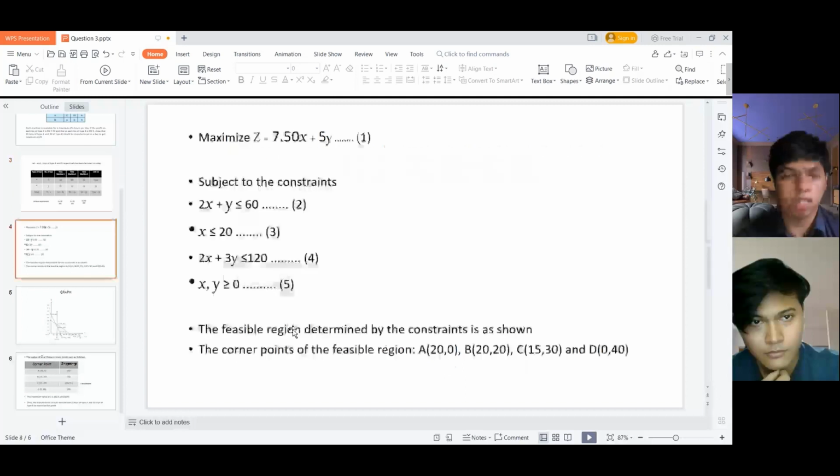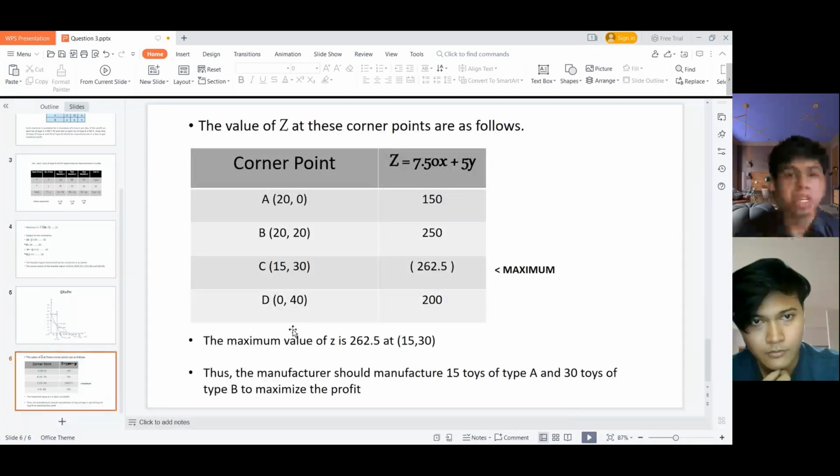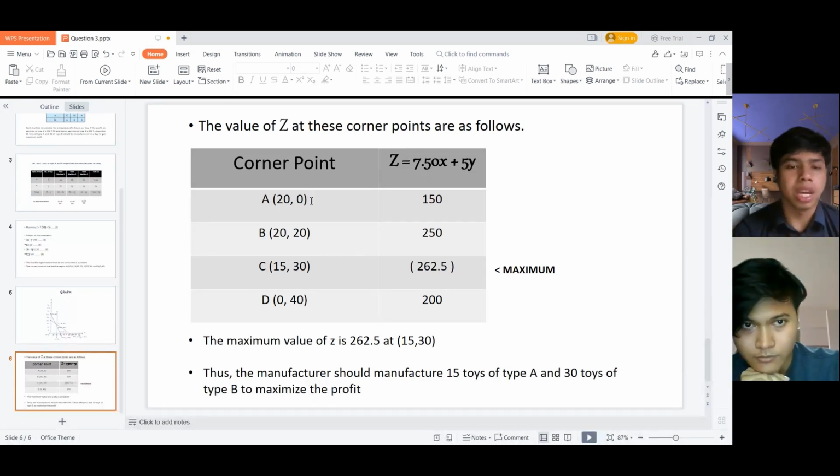And go next. The last step is the value of Z at these corner points, as follows. So these are the points we get: A (20, 0), B (20, 20), C (15, 30), D (0, 40). For the maximum value, we just put x and y into the maximum equation. So 20x, 0y put into Z equals